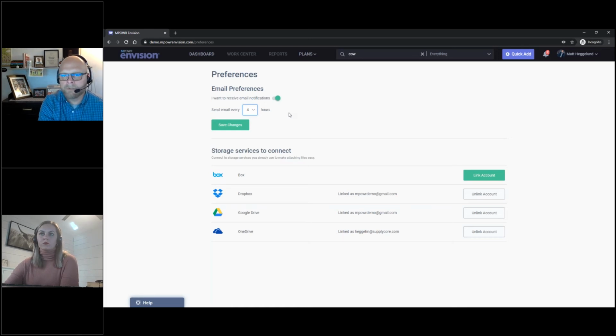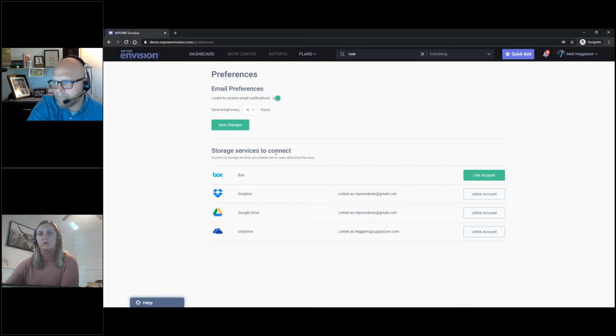So if I had 2 notifications in hour 1, 3 notifications in hour 2, and nothing in hour 3 and 4, the email notification I'm going to get is going to have the 5 notifications from the first 2 hours, instead of having 2 separate notifications for the first 2 hours if this was set on 1. So as a user, you can configure how often you are notified. I wouldn't suggest turning these off, but again, we do. Most times we see people do that when they use some of our integrations with Slack or Microsoft Teams, where they're still getting those notifications in some external way through that